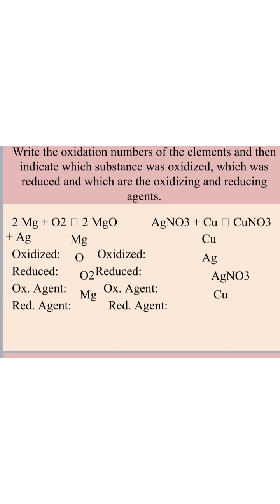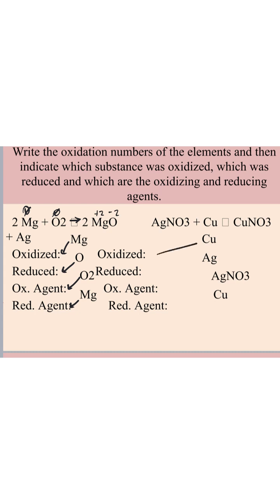So here you have magnesium and oxygen. These are both free elements, okay? Oxygen -2, magnesium +2. So in this case, oxygen is reduced and magnesium is oxidized. Like I said, it's a little crazy. This is oxidized. This is reduced, which means that your oxidizing agent is O2 and your reducing agent is Mg, okay? And the next one,